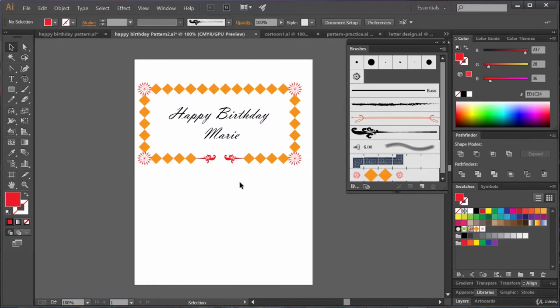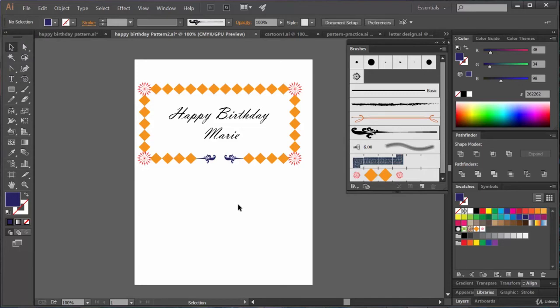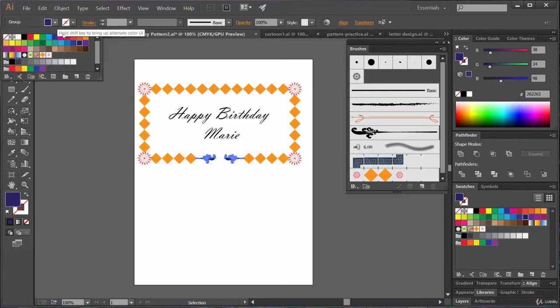Yeah, it is looking nice, but we want to change its color to something else. Say let's make its fill color this one. What do you think? Or even, yeah, I think this one is looking nice.